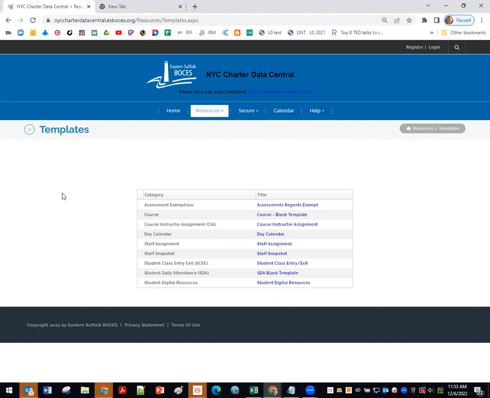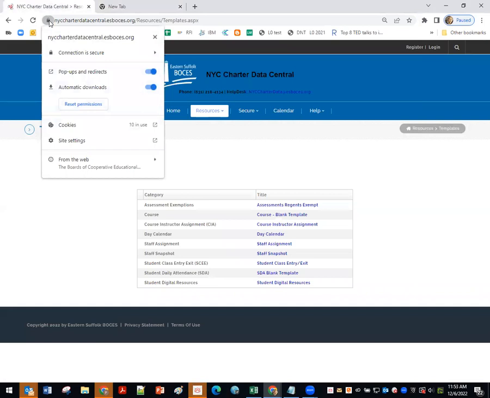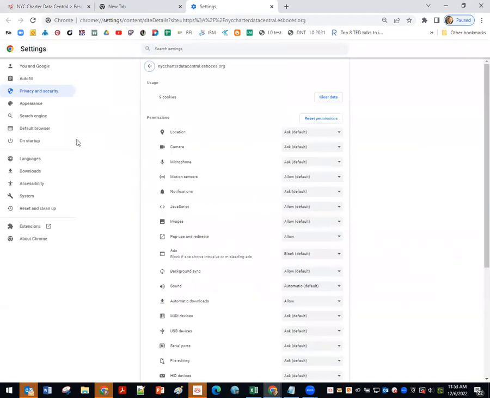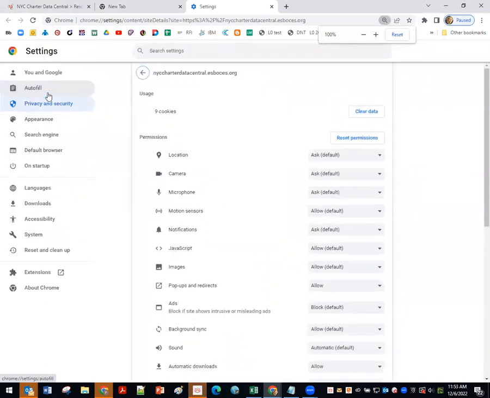Another option, I'm showing you it in Chrome, but it's possible in other browsers. Up here, when you see a padlock on any website, it's telling you that it's a secure website, has additional added safety features. You have the ability to change the site settings. At least you might have to go to your IT department to ask them to change these settings. So what we're looking at is the privacy and security features that have been established to protect you, your computer,